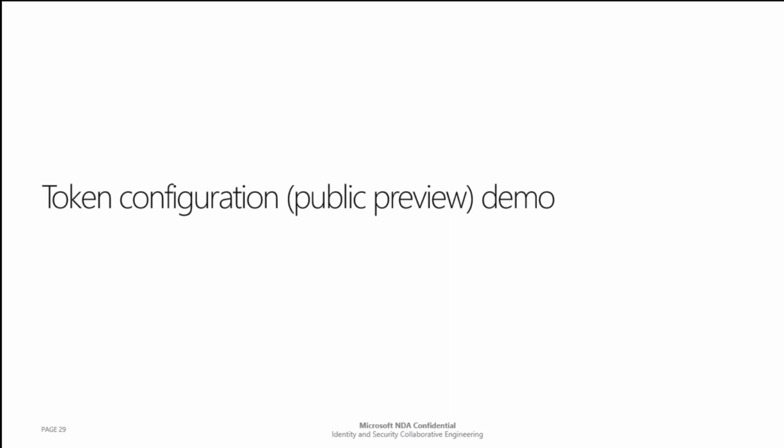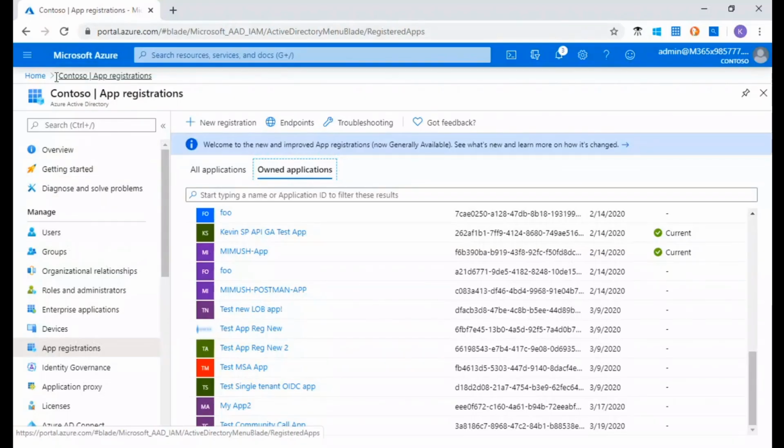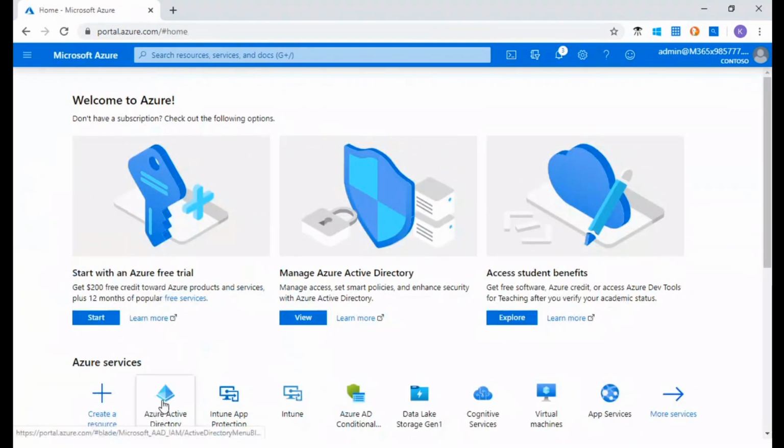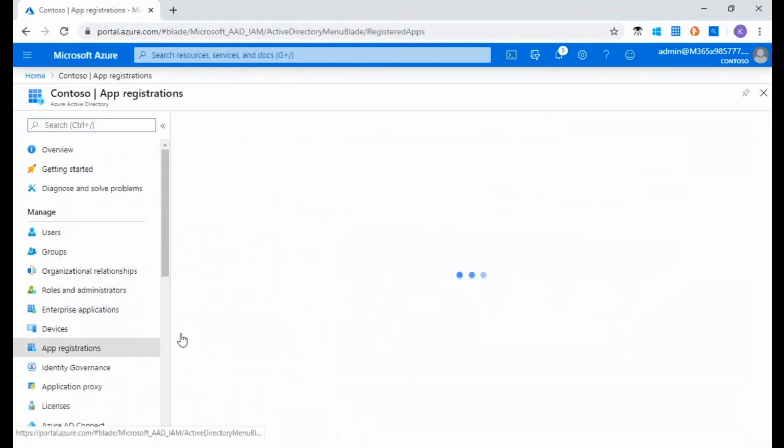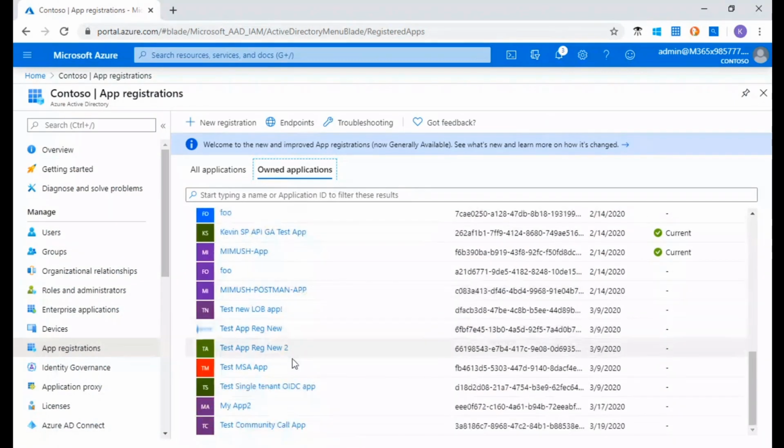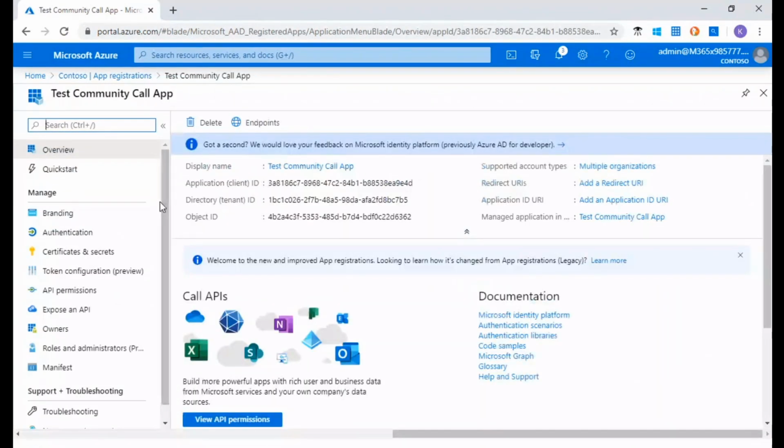And so I'm going to jump to a demo. I'm just in app registrations. I'll navigate to app registrations. I've registered a V2 app here, test community call app. And so, like I said before, a V2 app is any app that you've registered using this app registrations experience, not apps.dev.microsoft.com. Those are V1 applications that will get V1 ID tokens. And again, the access token version is going to depend on the resource or resources that you're calling. We'll take this one, test community call app. It's a V2 application that gets V2